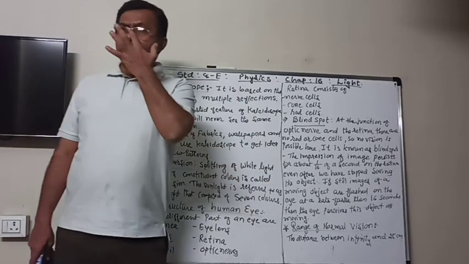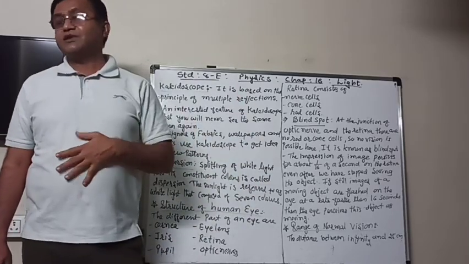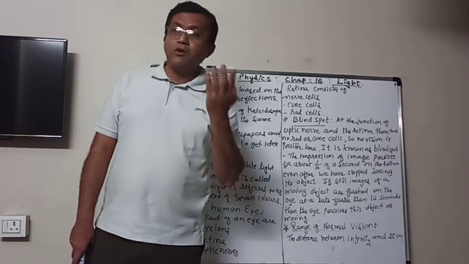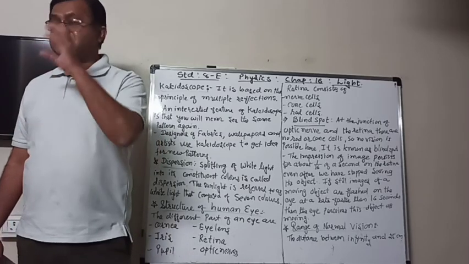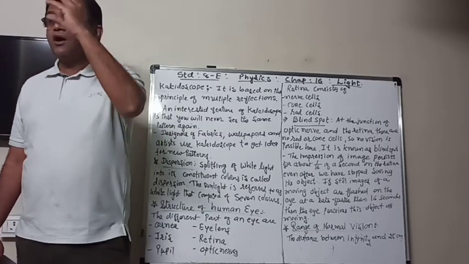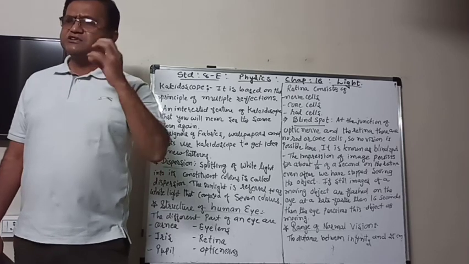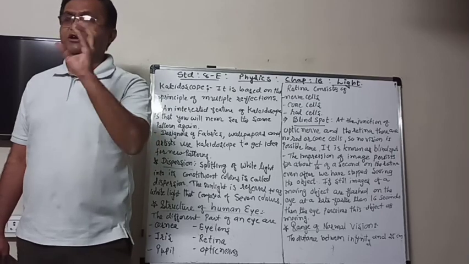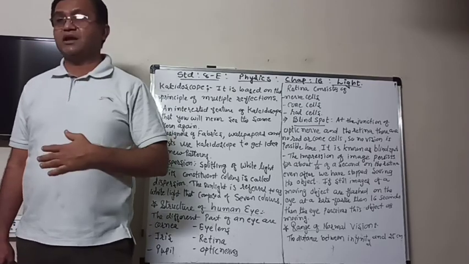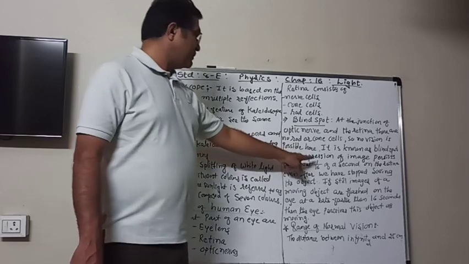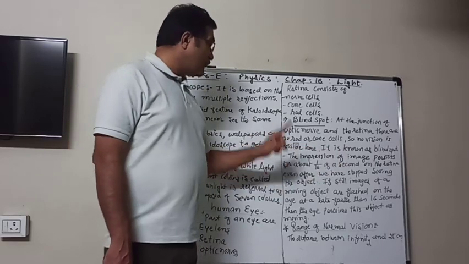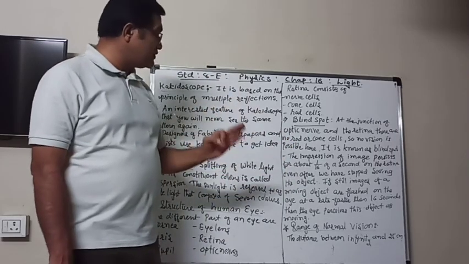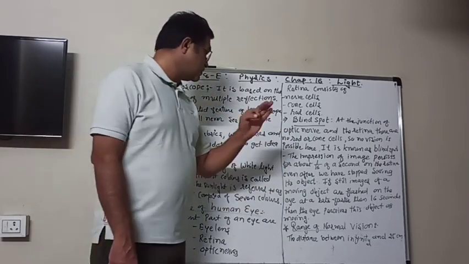Now I hope you have noticed that when we see an object and then move our eye to another place, the image is still on our retina. Even when we close our eyes, the figure of that object will still be on our retina. So the impression of an image persists for about 1/16 of a second on the retina even after we have stopped seeing the object.